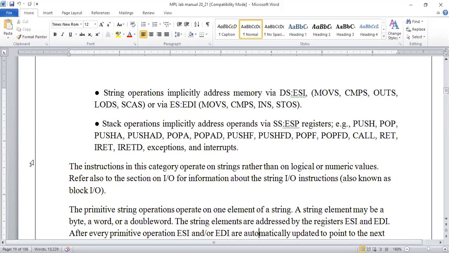So generally ESI will be pointing with the indexing, either a numerical value or, most of the time during array operations, array elements which we have taken in the form of these registers. One by one we can take these, as the index moves, or a counter, as we can say, which will be provided for it, through which it can get an element one by one in the register.